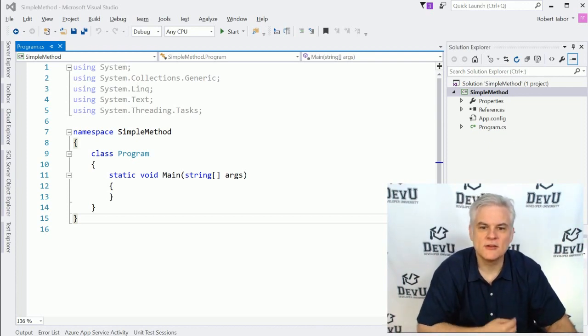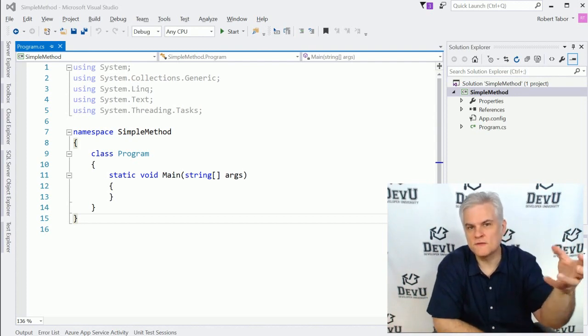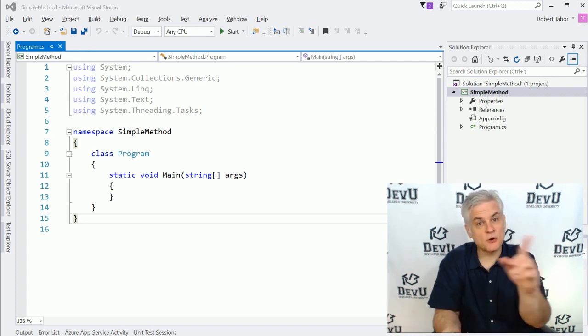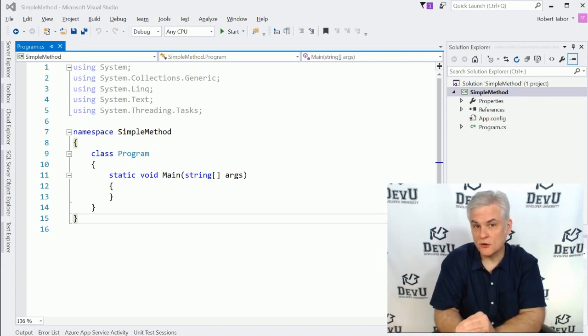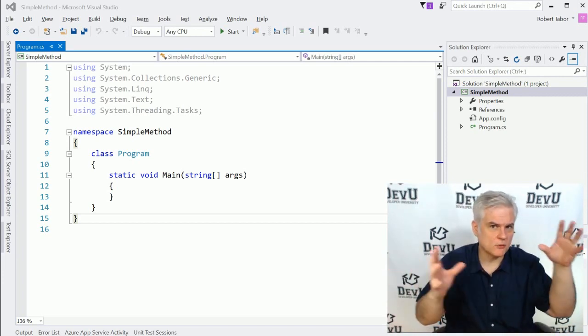our code base. They're going to allow us then to take a certain feature or functionality in our application and give it a name and then call it by its name anywhere in our application. And then if we were to ever need to update or fix an issue with our method, with that code that's encapsulated in a method, we get to do it one place instead of changing it everywhere we copied and